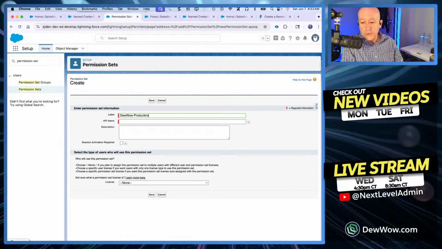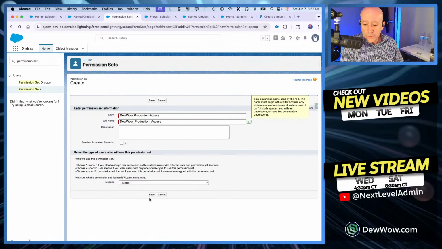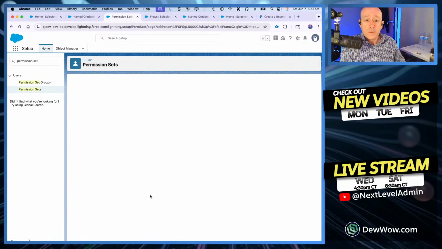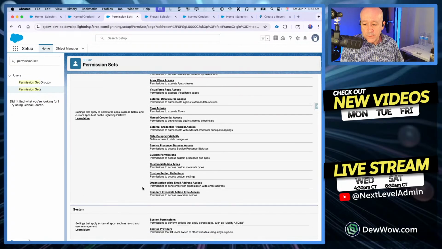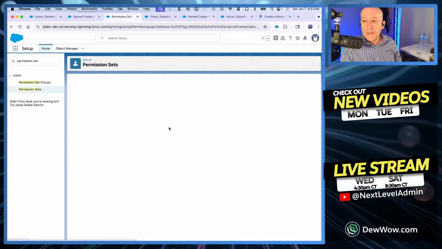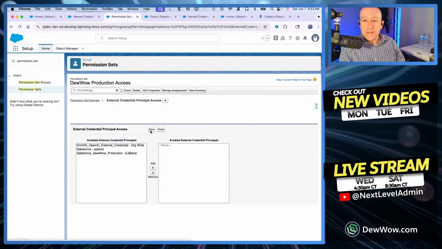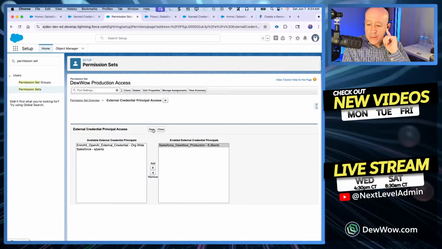Duo production access. And there should be, yep, external credential principal access. And if you're giving this to somebody that's not like a system admin and their profile's already locked down, then